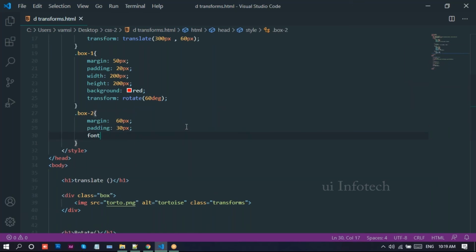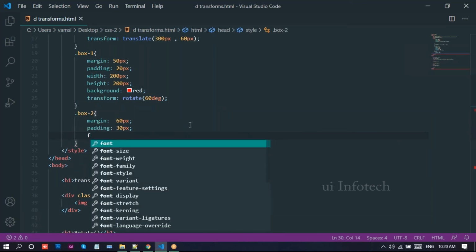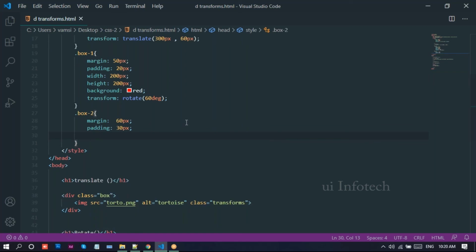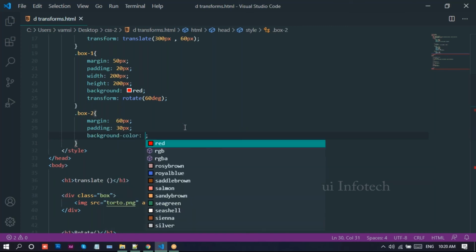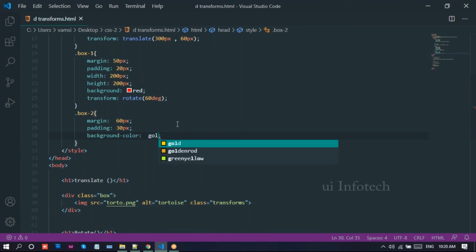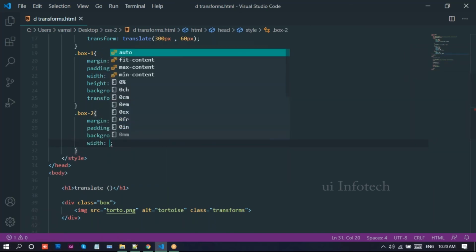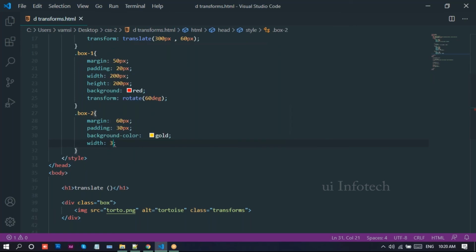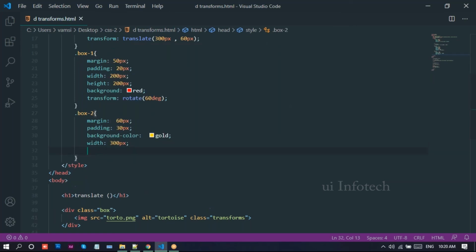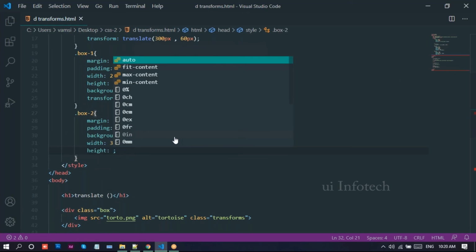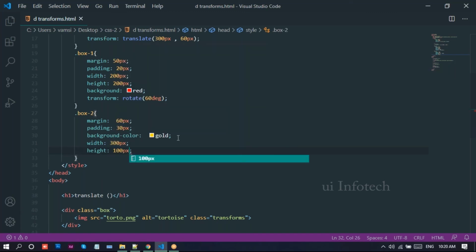And the background color, I'll take gold there. And we need to provide width and height for this div. Width I need 300 pixels, and height I need 100 pixels. So let me run this one on the browser.